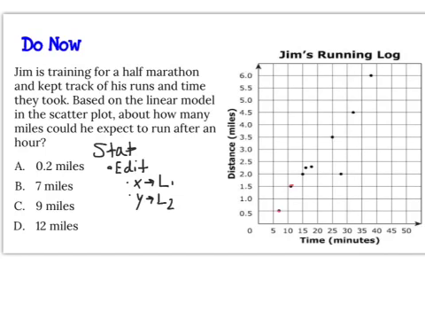So once you do that, you're going to hit Stat again. Go over to the right once for the Calc button. Hit number 4 for Lin Reg, and then hit enter. And hit enter again, and you should get your A value and B value, which is your M and your B. So you probably don't have the same as me, but mine is about